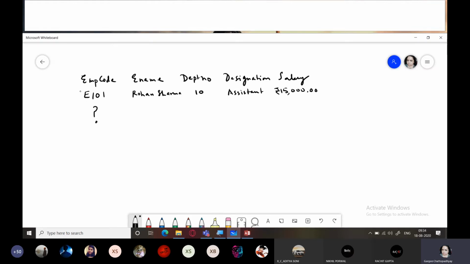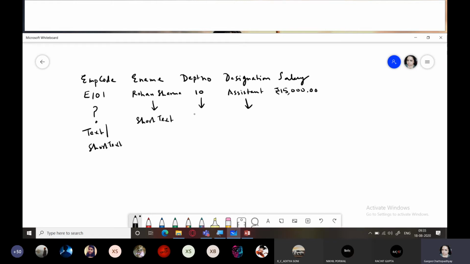What type of data does it represent? Short text. Very good. Text or short text? Okay, e-name. E-name and designation both, short text.